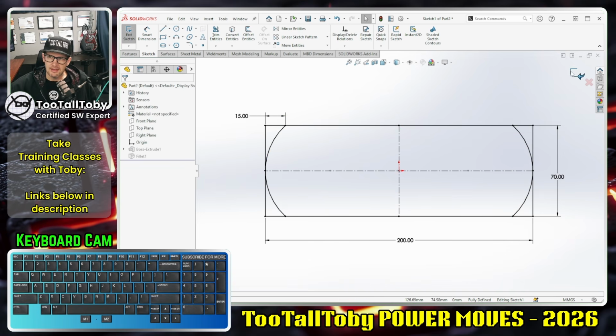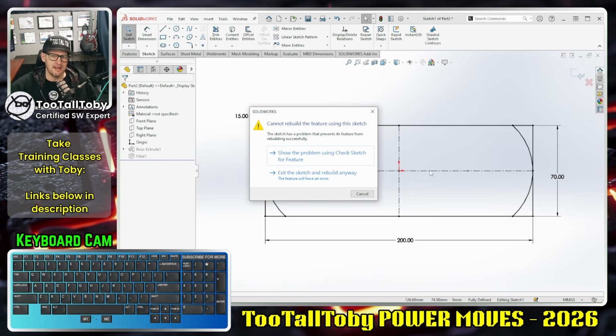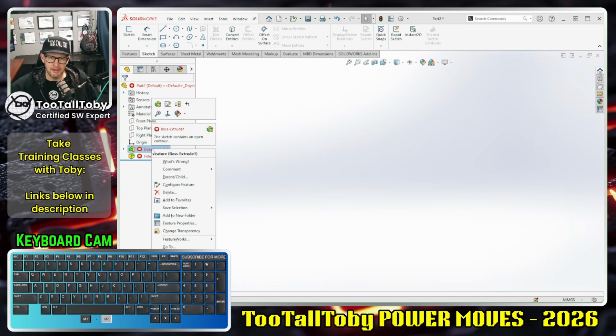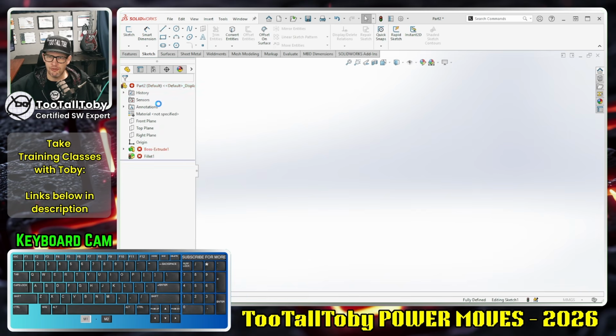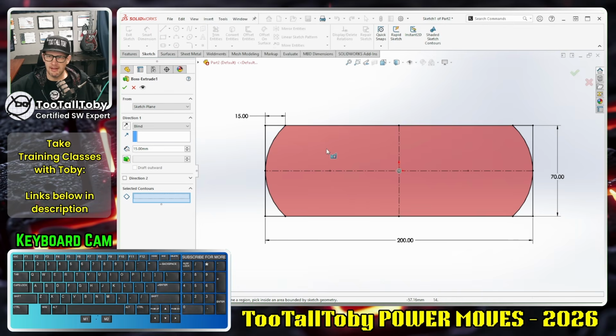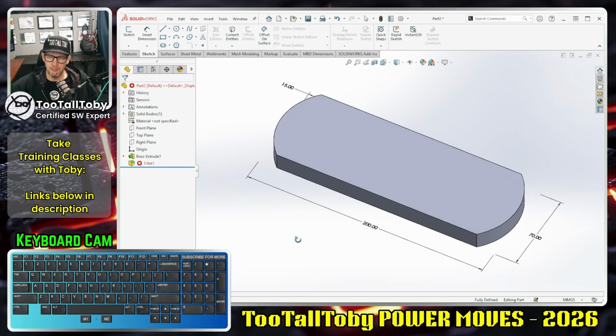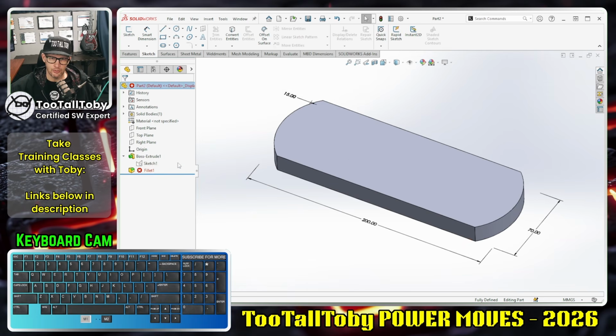Well, when I exit the sketch, I'm going to run into a problem because it's not a nice, neatly knit contour. I'm going to say exit the sketch and rebuild anyway, and then what I'm going to do is right mouse button on this boss extrude and say edit feature, and then down here in selected contours, I'm going to choose this contour here. So there we go, problem solved. Now we see that the extrude completes, no problem, was able to select just that contour area from